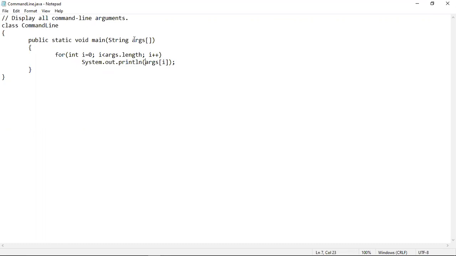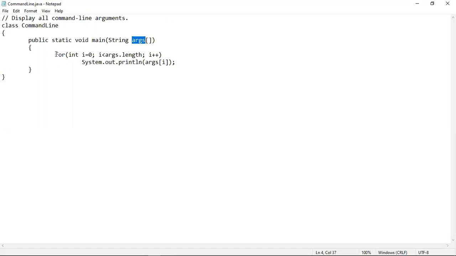This is String args. We all know that this args is an array of string type objects. I have already discussed this part of the main method, and I told that this part will be used while passing command line arguments into it. So today we will be discussing this part of the main method in detail, where you will see that whatever arguments we pass in the command line, at the execution or runtime of the program, will be passed as string objects into this args array. So this args array is basically an array of string type objects.